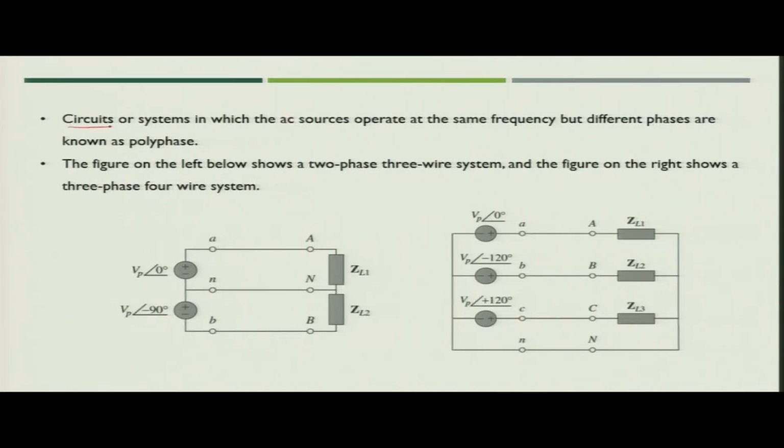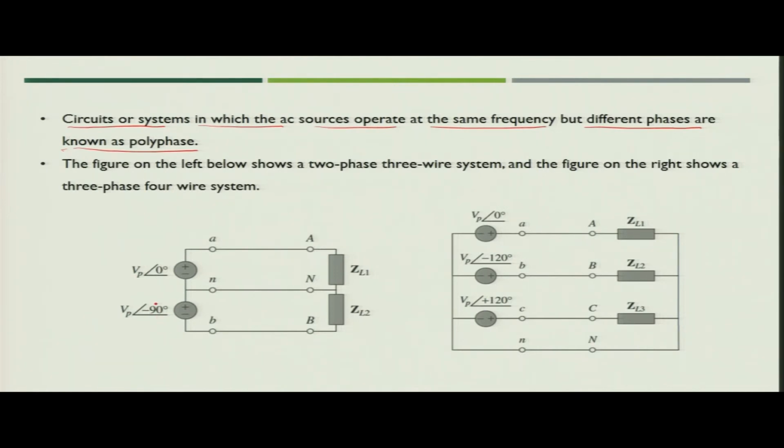Now, there are circuits or systems in which AC sources operate at the same frequency, but there may be different phases. We call them polyphase circuits. In the figure below, on the left there are two voltage sources connected to the load with the help of 3 transmission lines, and loads ZL1 and ZL2 are connected. One source is Vp angle 0 degree, another is Vp angle minus 90 degree. Both operate at the same frequency and have the same RMS voltage magnitude,